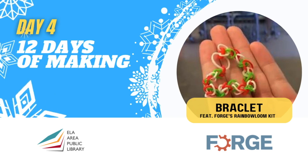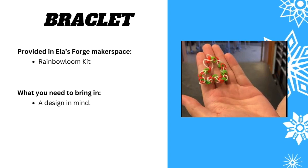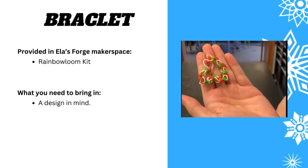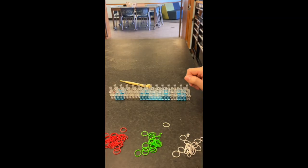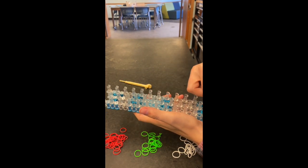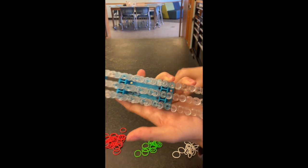Today we're going to be making this bracelet using the rainbow loom that we have in our crafting cabinet. We'll provide the rainbow loom kit, and all you need to bring is your design in mind. The kit comes with all the tools you're going to need to create this bracelet. So we're going to be using the colors white, green, and red so that you're able to differentiate and follow